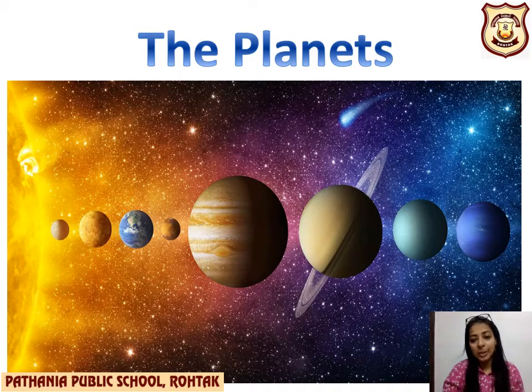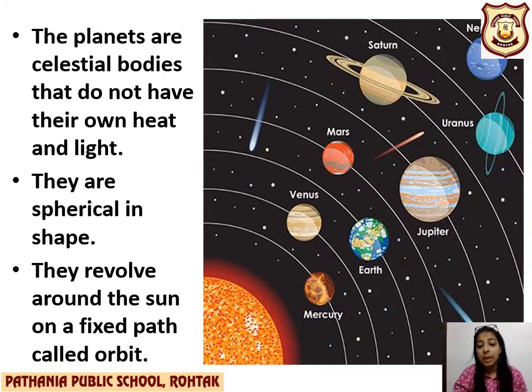So now the next topic, as we know about the sun now, we are going to read about the planets. So first of all, what are the planets? Planets होते क्या हैं? हमें तो दिख रहे हैं, हमें दिख रहा है Mercury, Venus, Earth. We are able to see all the planets here. So but ये planets होते क्या हैं?